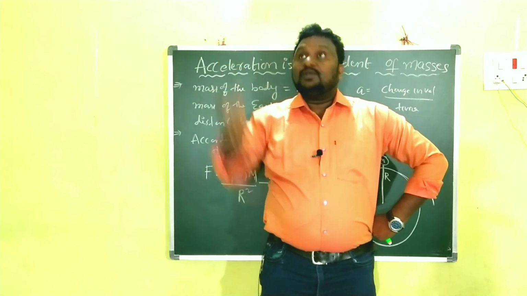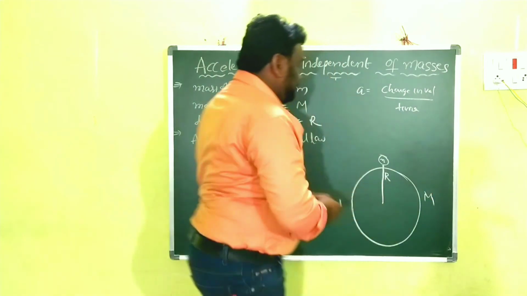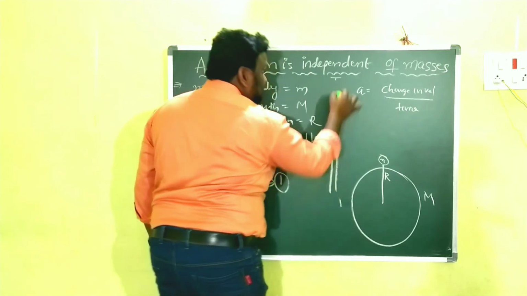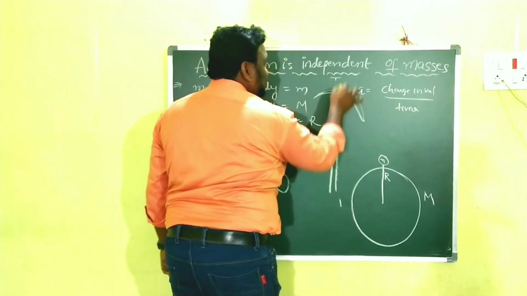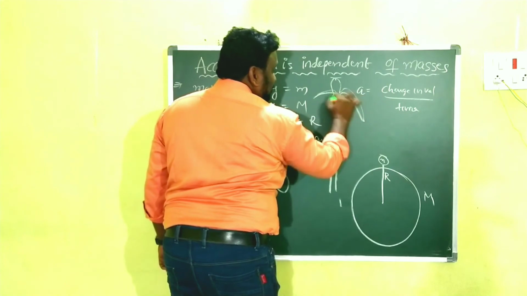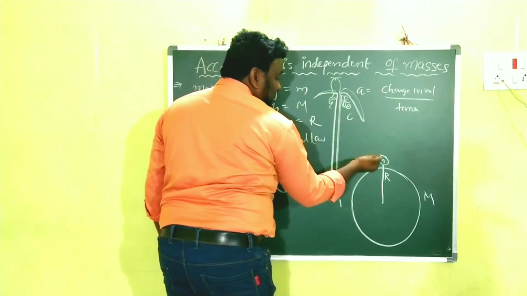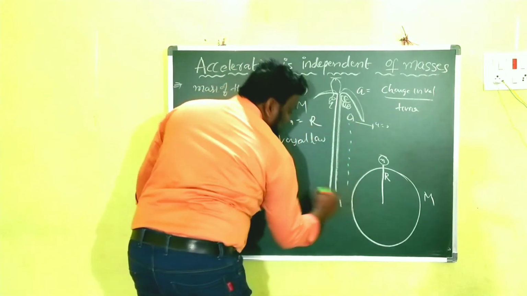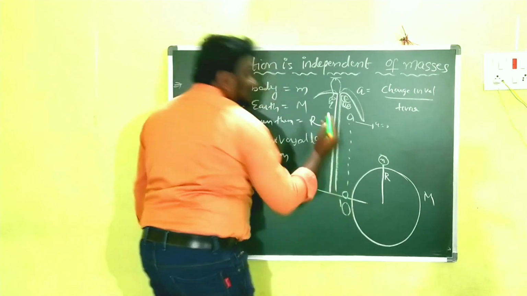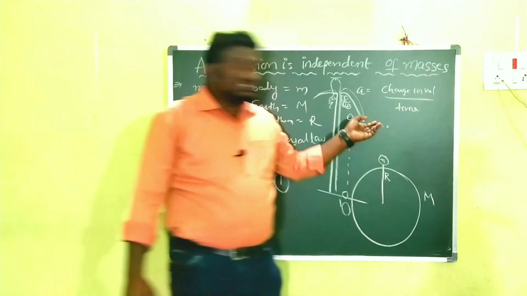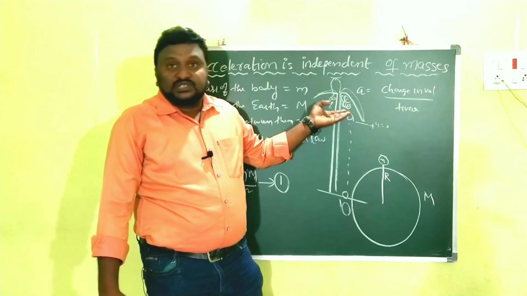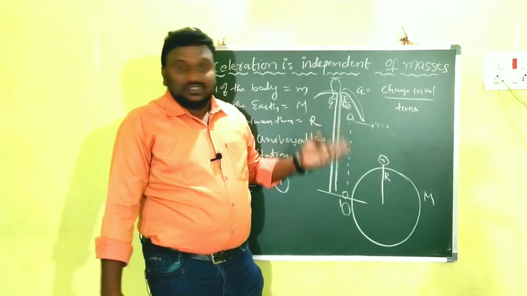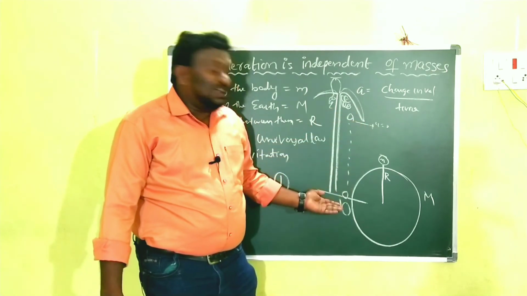Like that. Here, when the body is freely falling, for example here, this is the tree. Just imagine it seems like a tree. The coconut is falling from a certain height. Initially its velocity is 0, but when it reaches the ground, velocity is there. That means initially velocity is 0, but due to the gravitational force, it is coming in the direction of the gravitational force. That's why its velocity increases.